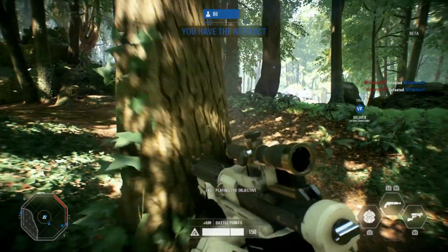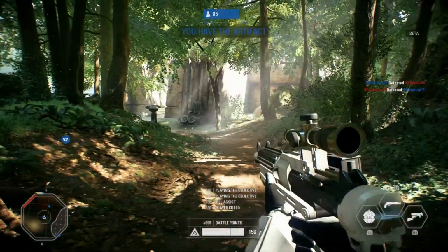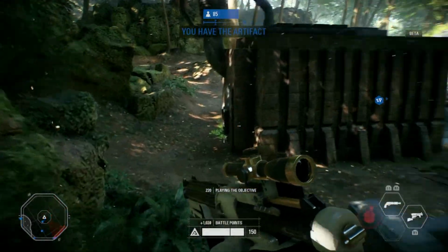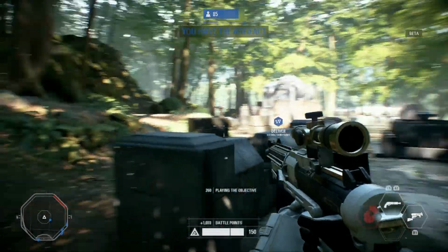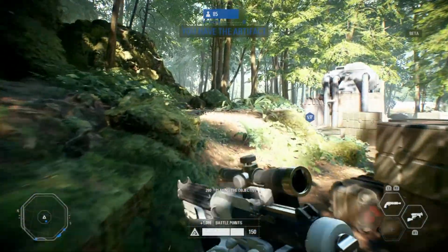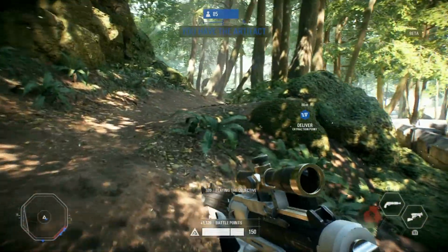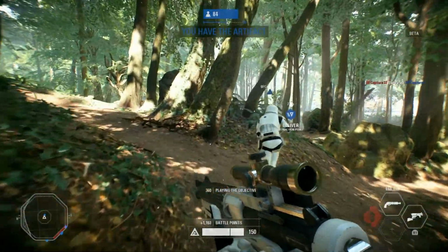By contrast, the other modes were just a lot of fun right off the bat. Strike brings together the various smaller modes from the first game and remixes them so that you're always just attacking or defending a single objective. In this instance, it was Maz's castle/bar from The Force Awakens, with the First Order trying to steal something and